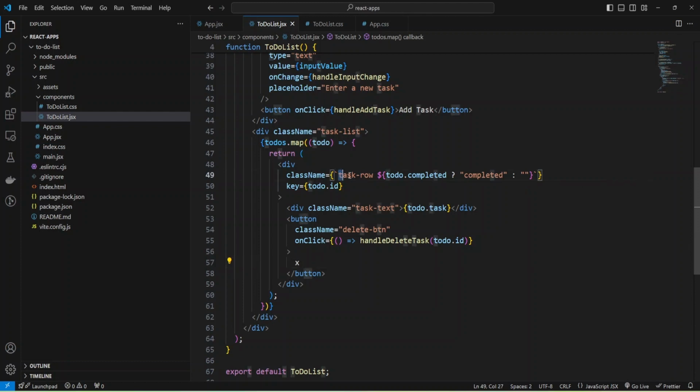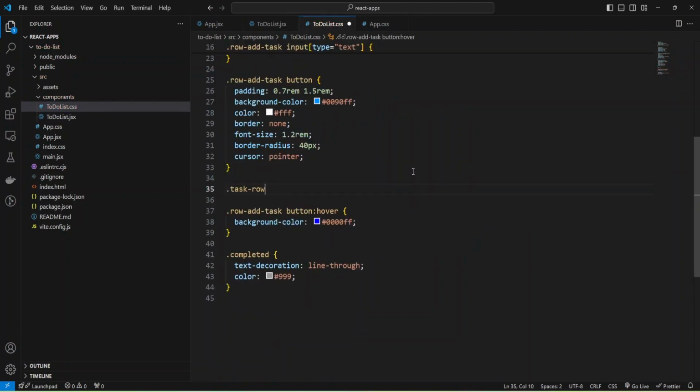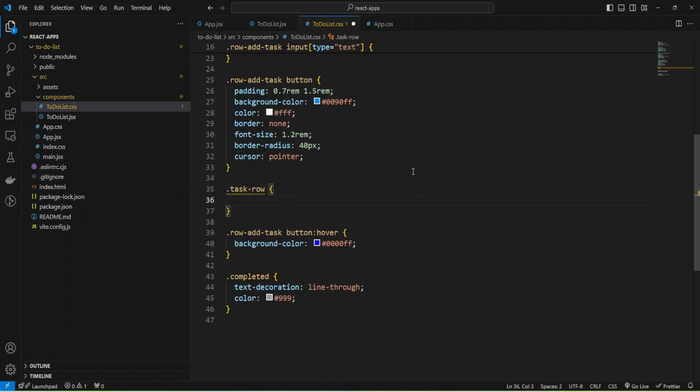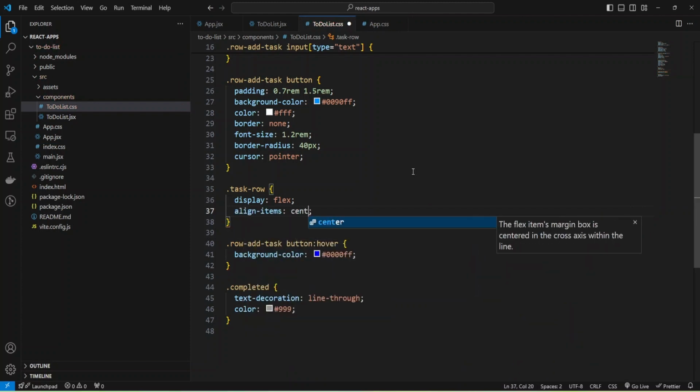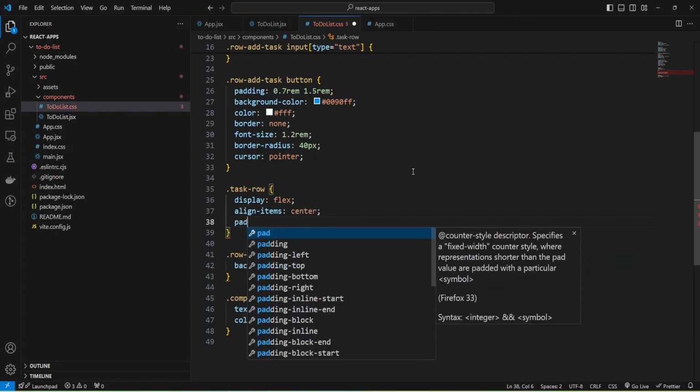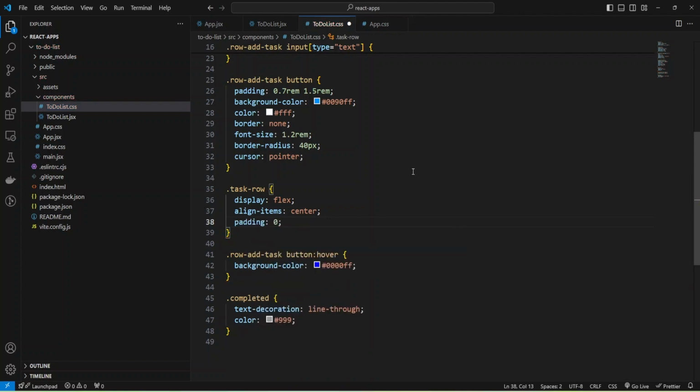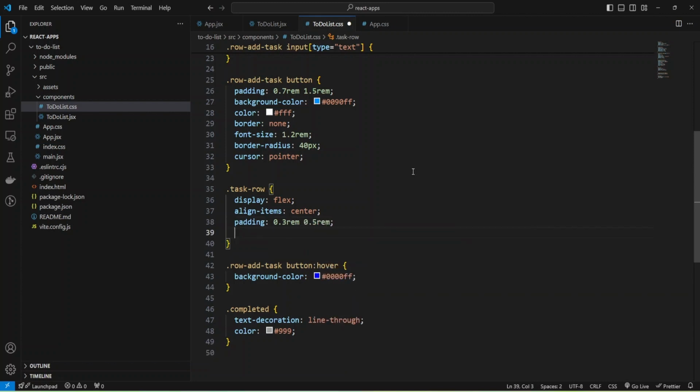First of all, I'm going to add styles for my task row. It's a class, and I'll make it display flex, and also make align items center. And we need some spacing. It will be 0.3 rem for top bottom and 0.5 rem for left right.